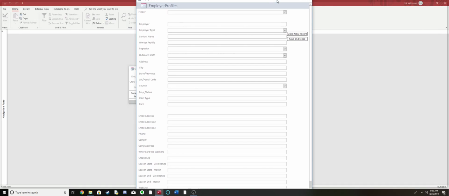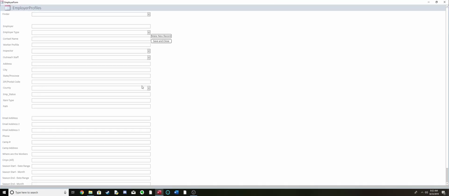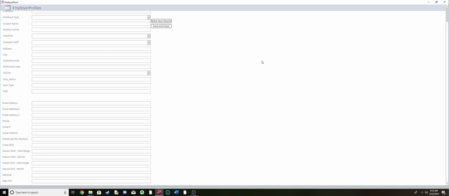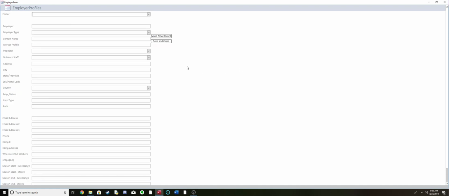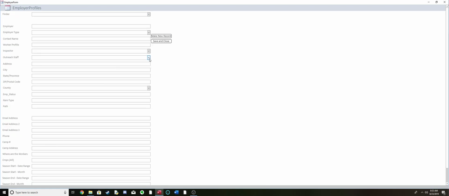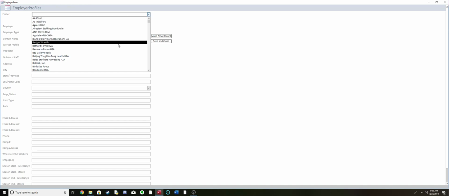First of all, if you want, try dragging your form up to the top of the screen or selecting the Maximize button here to make sure that your scroll bar appears and you have access to all of it. Next, you'll notice that there's a great deal of text boxes and only a few drop downs. That's going to change, but in the meantime, you can use the Finder box